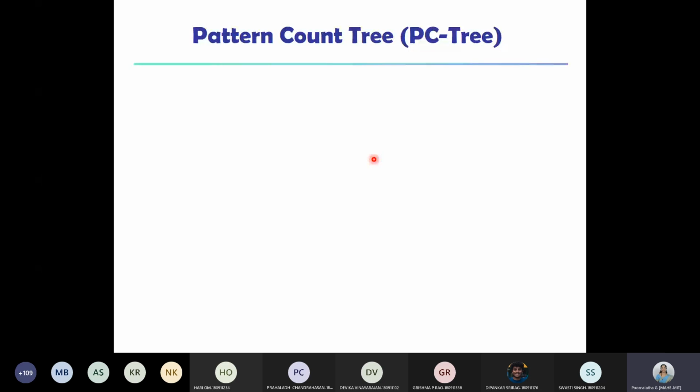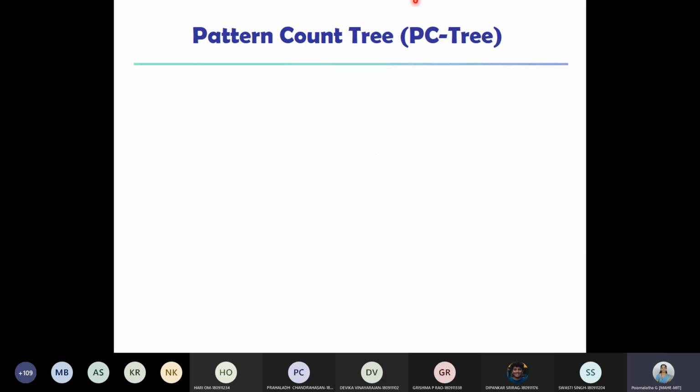So they came up with a different idea wherein they are not using the a priori self-join operation at all, as we have just seen. That's how FP tree has exactly two scans of the database: the first time to get the support of individual items, and the second time when you are constructing your tree. So only exactly two times we are scanning the entire database.